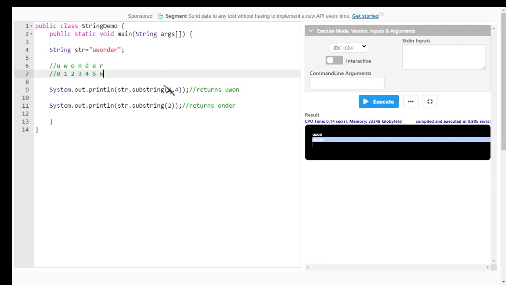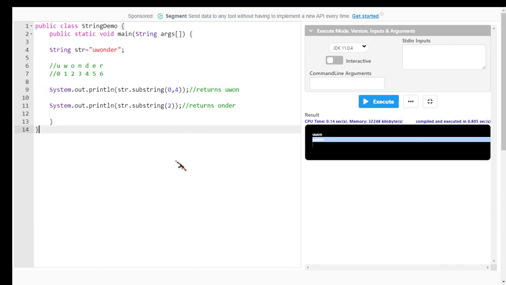I mentioned initial index 0 and final index 4. The character at the final index is D, but it didn't print D because it always excludes the final index. In simple terms, we only want to extract 4 characters from this string, so it gives me indexes 0, 1, 2 and 3. These are the 4 characters.